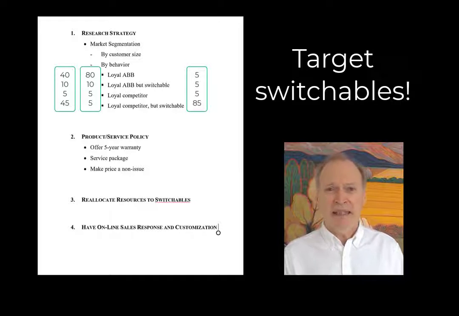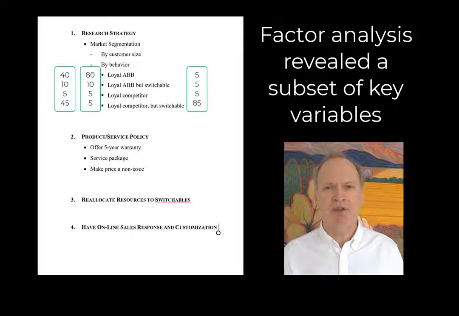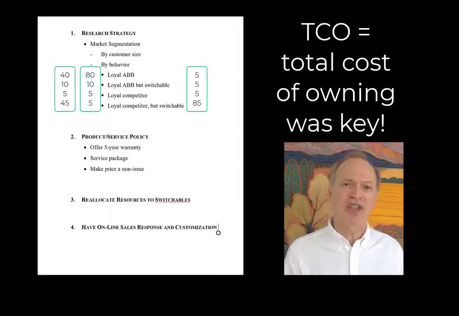But they're going to ask you, we can't just keep doing what we've always been doing because it's not going to improve things. We're not going to be able to grow substantially in the West Coast area. So what ABB did is they discovered something in their factor analysis, that many of the variables were highly correlated to each other. And in fact, they found about 8 to 10 independent factors that actually influenced people's perceptions of the different competitors. So one of those key factors was the cost of owning, what today we call TCO, total